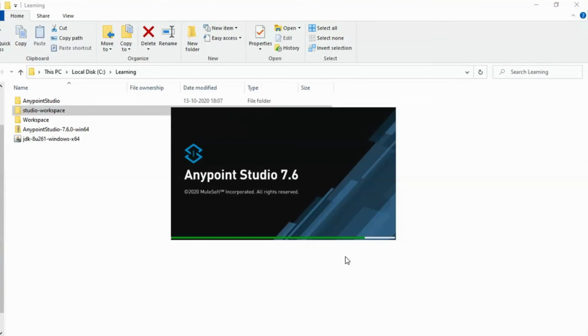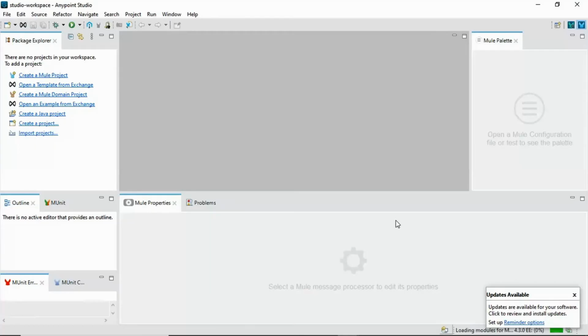Click on the launch button. It will launch Anypoint Studio. Once it is launched, it will give you a pop-up for available updates. You can simply close that.